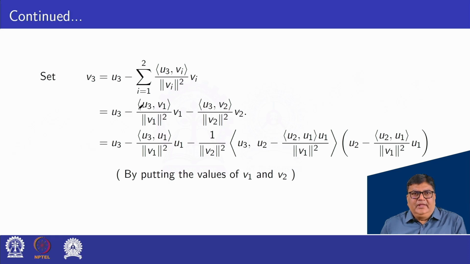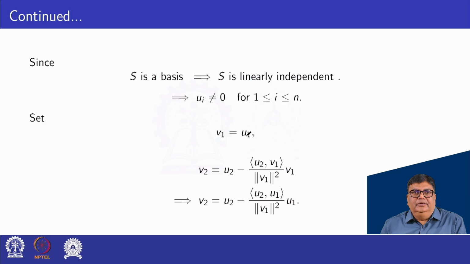Expanding this, so this is U3, and if i = 1, that is the inner product of U3, V1 upon norm of V1 squared, into V1, minus, putting i = 2, so minus the inner product of U3, V2 upon norm of V2 squared, into V2. Okay, again putting the value of V1 and V2 from above, this and this,